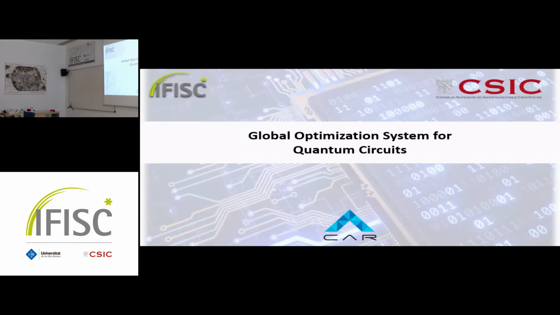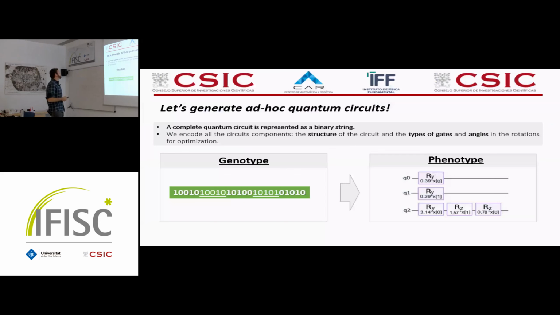So we were thinking about this, and we designed a new global optimization system for quantum circuits, in which the genotype that we were discussing before, in this case, is a binary string, ones and zeros, and it encodes a phenotype, which is a quantum circuit. In this approach, what we were doing is encoding every single part of the quantum circuit in this string. And it means the structure,